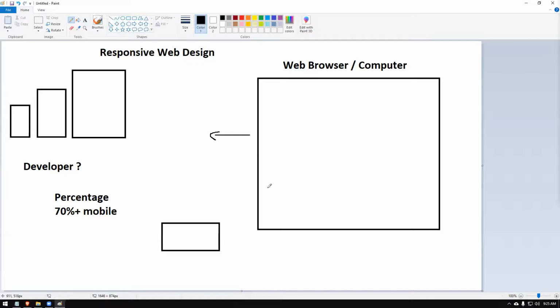When we talk about responsive designing, you should understand, as I told you earlier, websites were designed using tables, and they are fixed and very difficult to work with because they are not flexible enough. Nowadays we design websites using div tags.